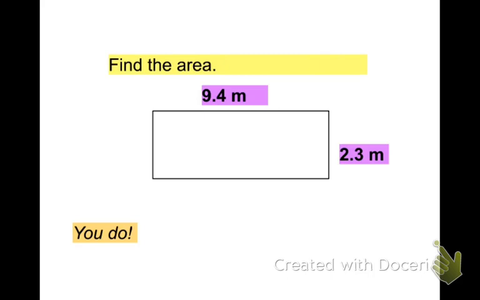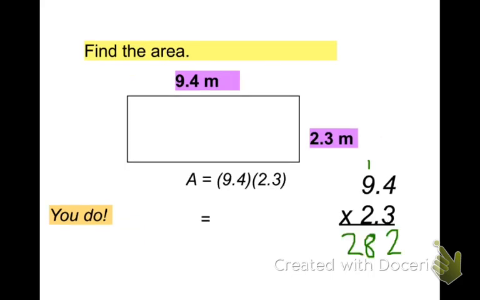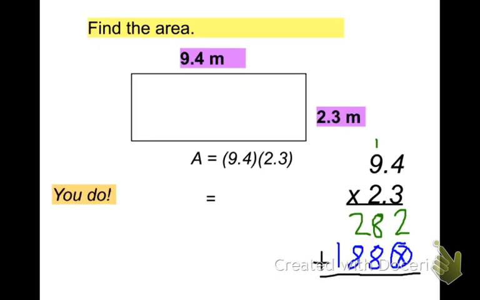Okay, pause the video and find the area of this rectangle. Since you're finding area, it's length times width, or 9 and 4/10 times 2 and 3/10. Here I started the multiplying. I took 3 times the top. Don't forget your filler 0 and take 2 times the top. Then add,